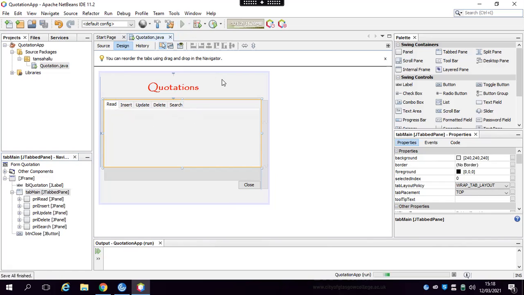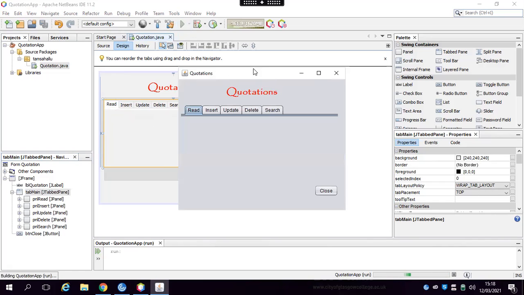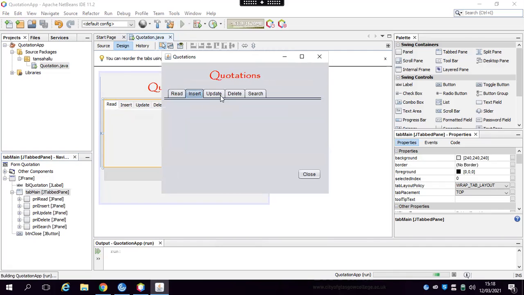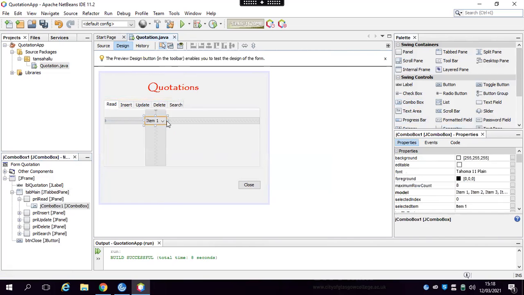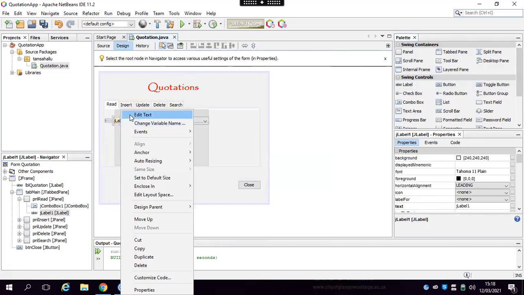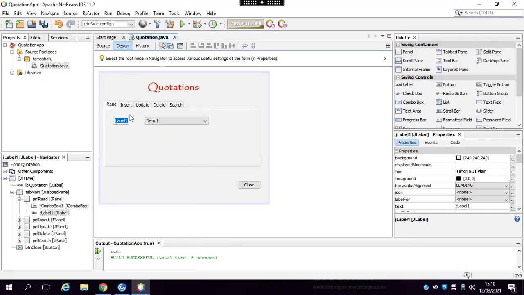Let's have a quick run of this just to see how it looks. So I've got insert, update, delete, and so on. Nothing is coded. I've got no code in there just now. So for read, then what I need is a combo box. I'll put a label at the start. And the text on this label, I will call